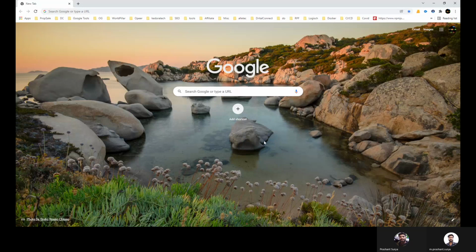Okay, so window, it will show share. So here we will start with the stepwells.com.